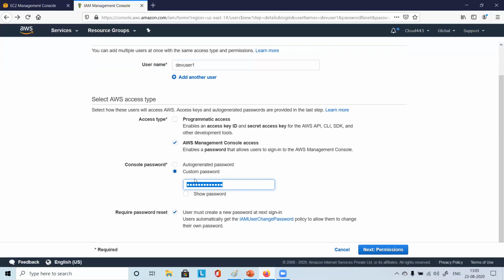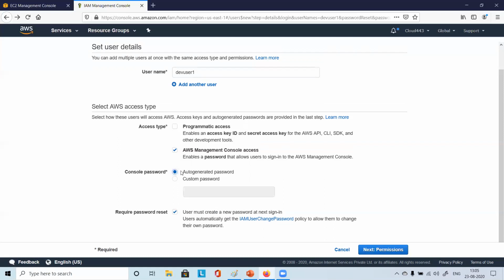Correct. Or if you simply choose the auto-generated option, then what will happen? The system will create a password instantly. You remember last time we had created some password and we had got some CSV file? I think for the Windows user that we had created, we had got an Excel file, right? So we downloaded it. Like that, if you choose auto generated, it will create some CSV format file which you can download, and you can email that file to the user. So a lot of options are there. Anything is fine.